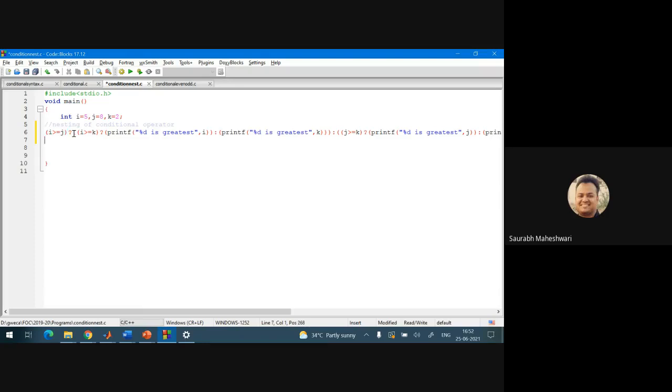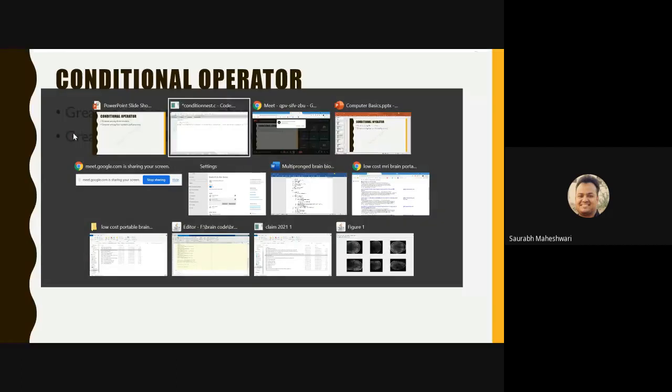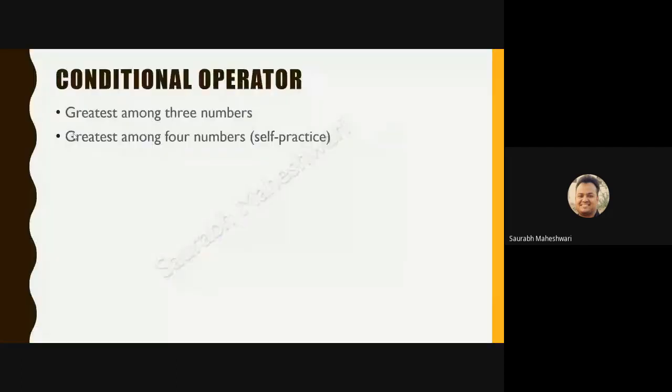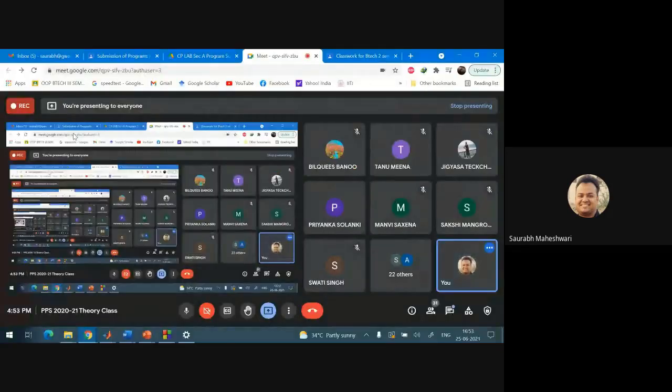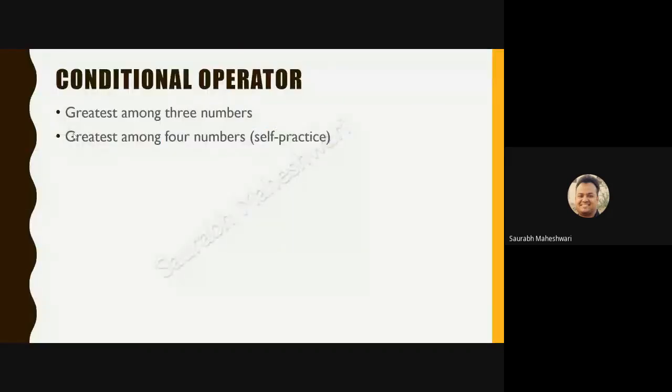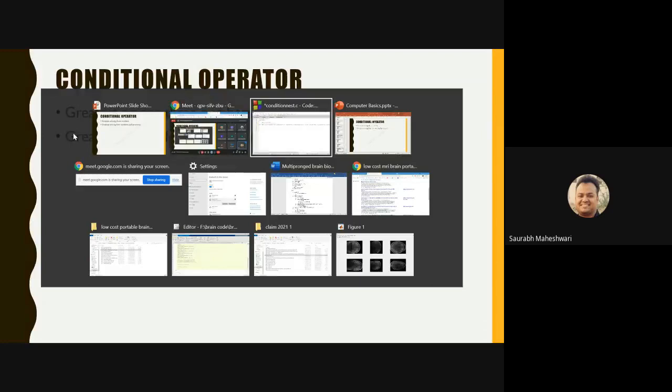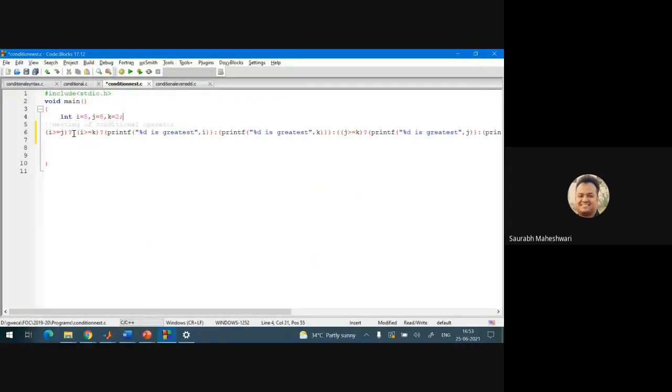Okay. So similarly, you can compare with 4 variables also. I'm not going to write here. I have left it for your practice only. So first you will do your practice, then we will do it in case doubts remain. So for comparing 4, you will take one more variable.